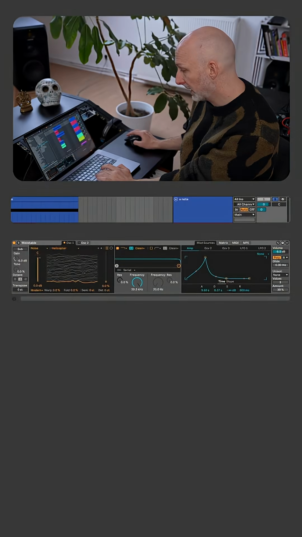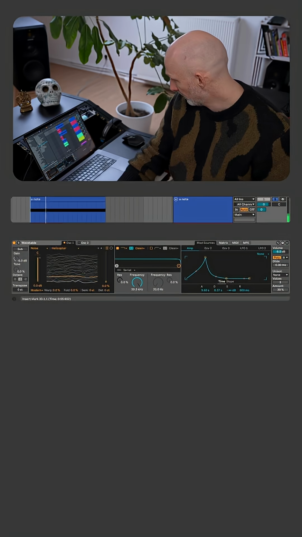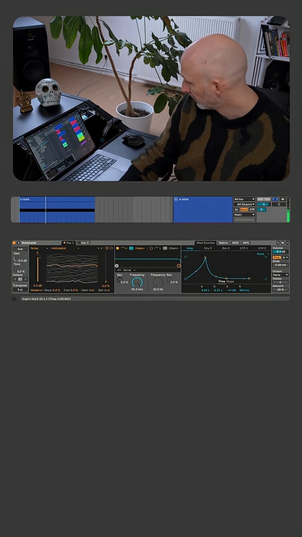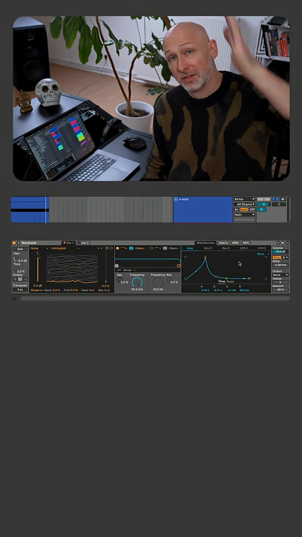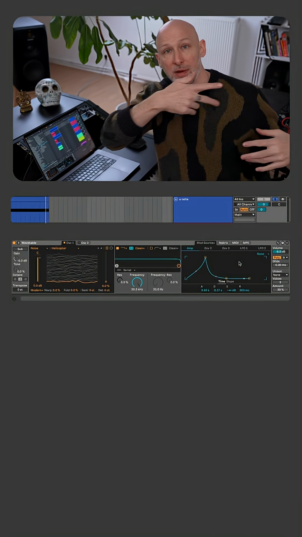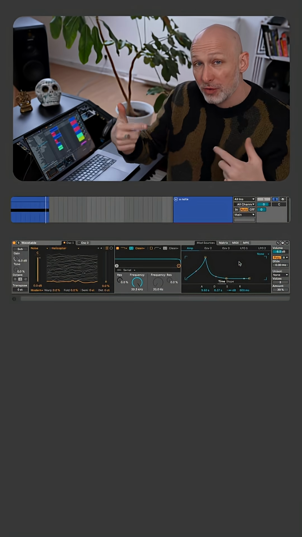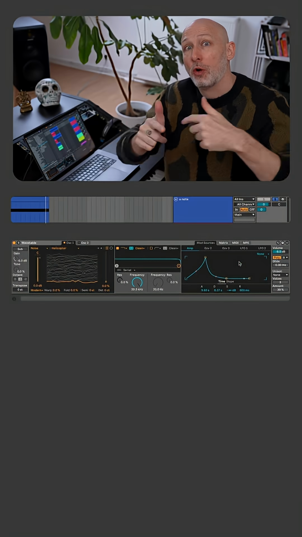For example, here's one that I made in Ableton Live. And so as you can see, it's got 5 seconds of attack and about 8 seconds of decay. So it really feels like something that's passing you by. And then the LFO that affects some parts of the timbre, it speeds up and slows down also over the